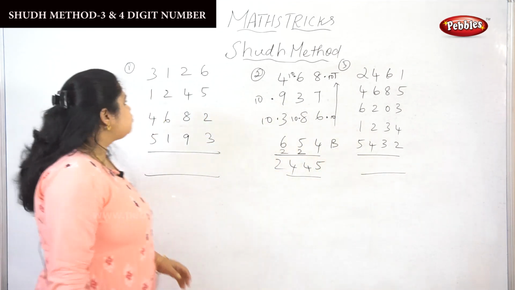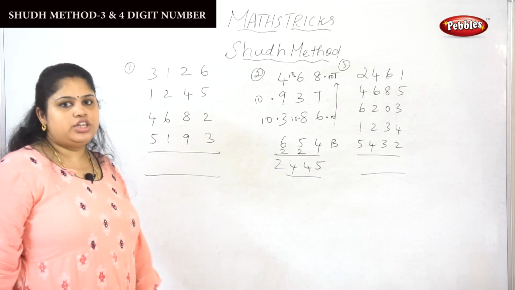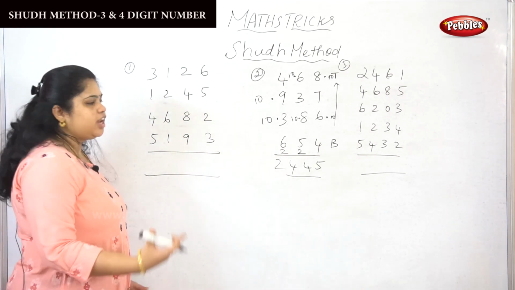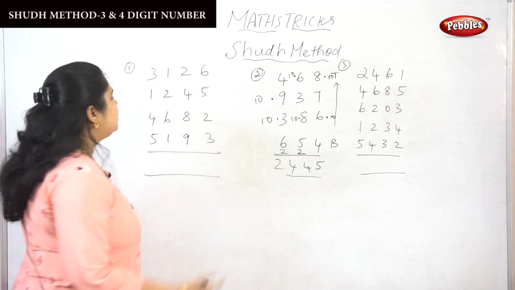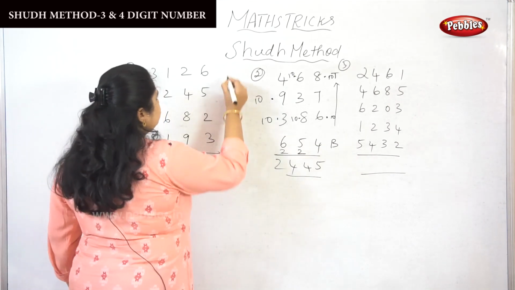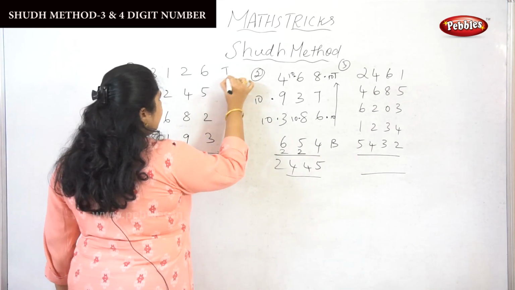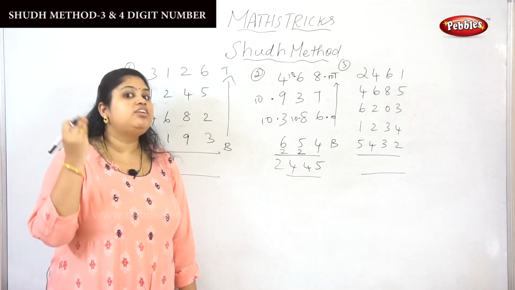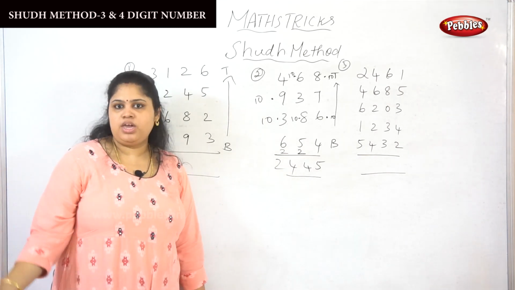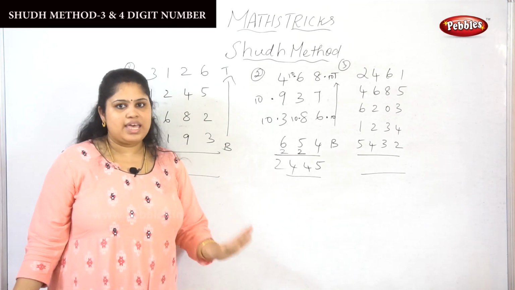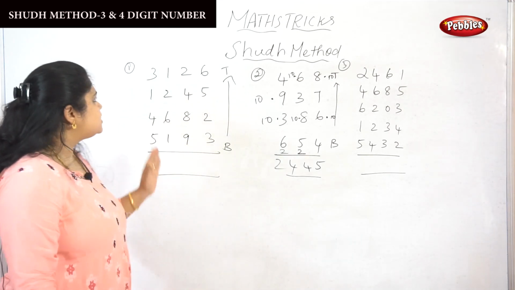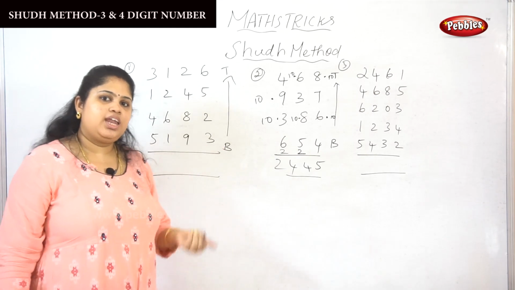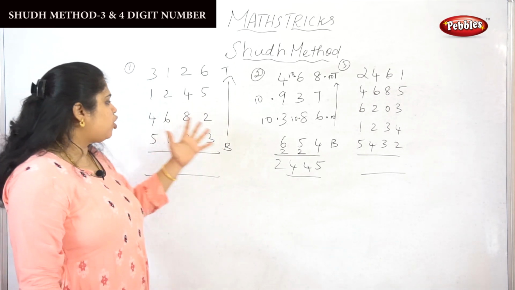Okay. So next we are going to perform the 4-digit addition. So what is the very basic rule in the Sooth method? Yes, from the bottom to top. So what is the reason why I am telling you again and again? If you do it from top to bottom, then it will give you the wrong answer. So that is the reason why I am repeating the same thing, bottom to top.